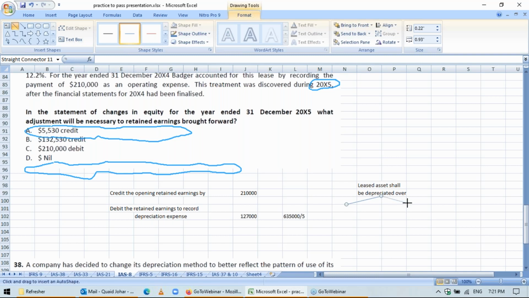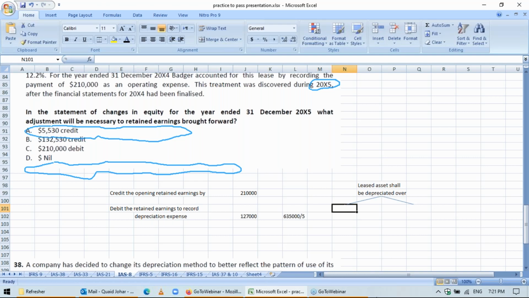Please note this rule because this rule will also be covered in IFRS 16. So if the title transfers to the lessee by the end of lease term, then